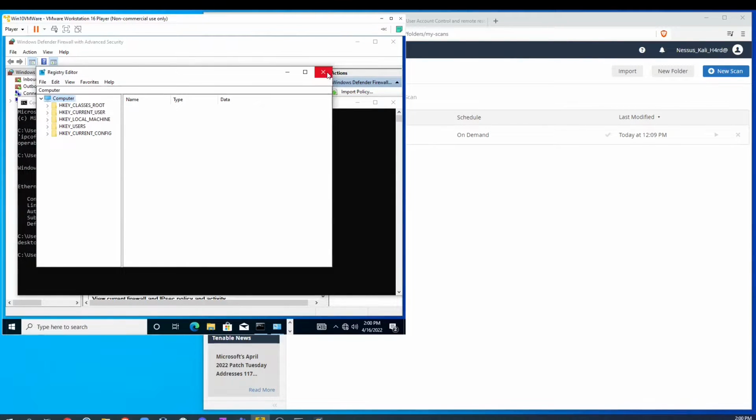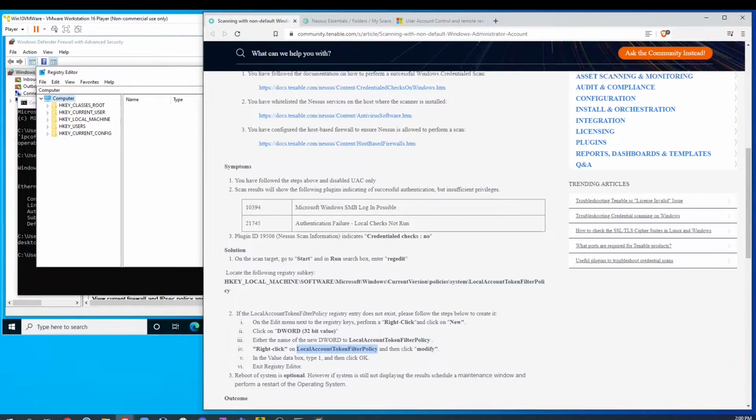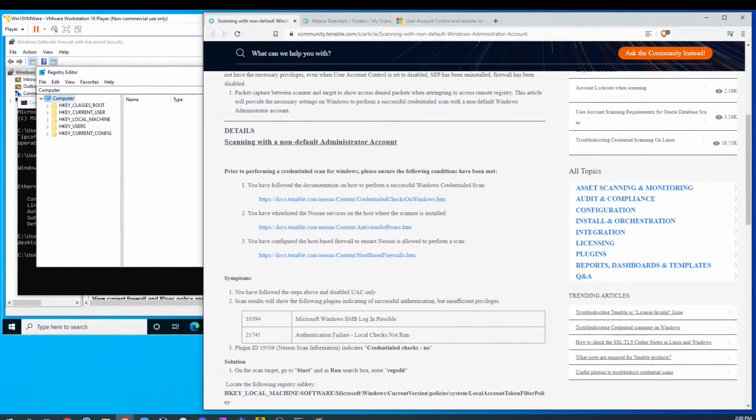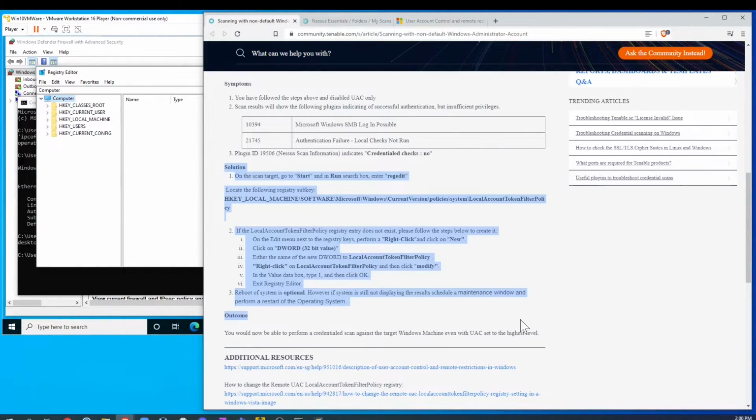And the next step is to go to the registry itself, regedit, and go to the registry. I'm not sure if I need to run this as administrator. Okay, let's try and then see. So basically this I found over here. This is from Tenable, for the Nessus, how to do that credential scan, and you can find here instructions on how you create additional